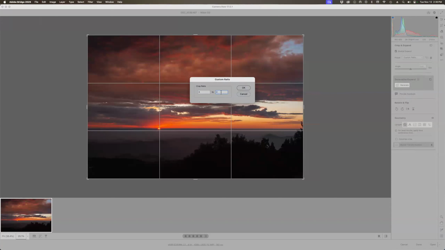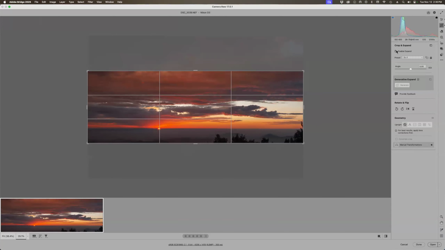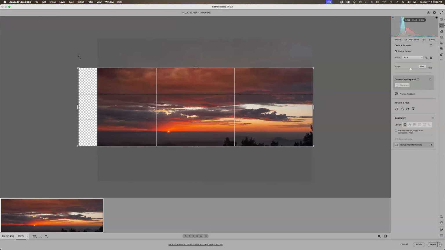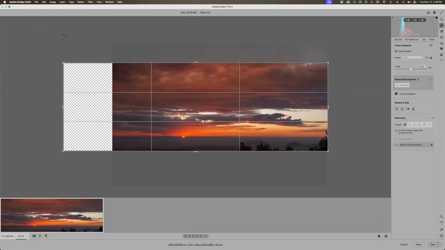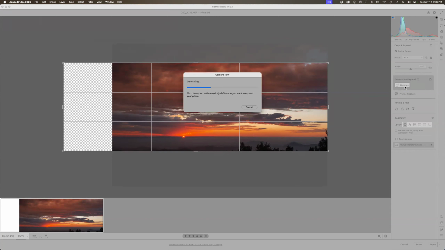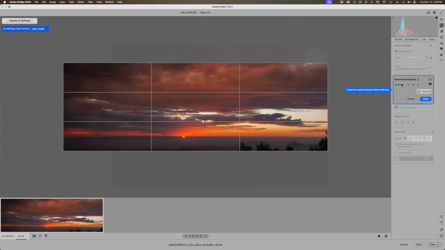Crop ratio, we'll do 3:1. Click OK. And then we're going to expand it a little bit. So let's go up to include some cloud. And then click on the word generate. And it's using AI to fill in the rest of the sky on the left-hand side. That's crazy. You have your choice of number 1, number 2, number 3. That's crazy. But the bad news